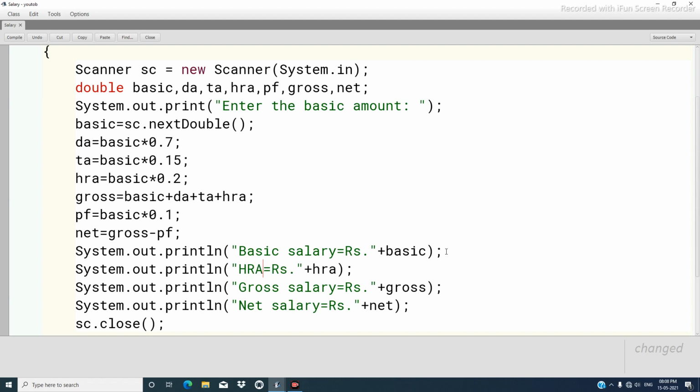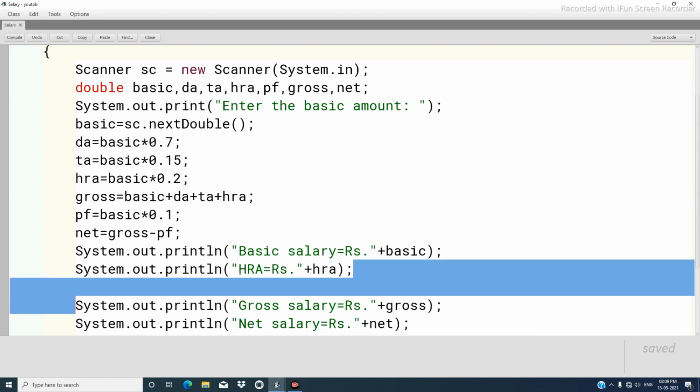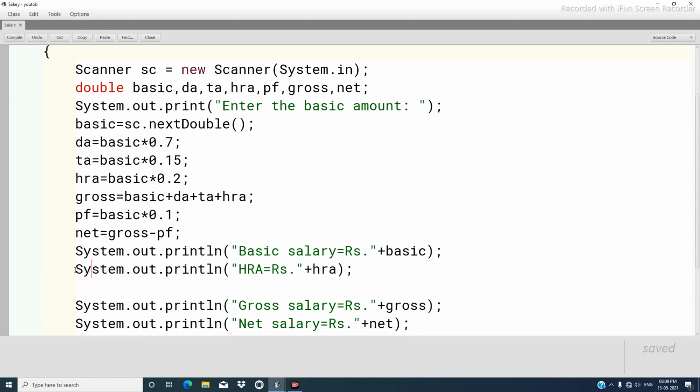HRA means house rent allowance. Then let us copy this statement.